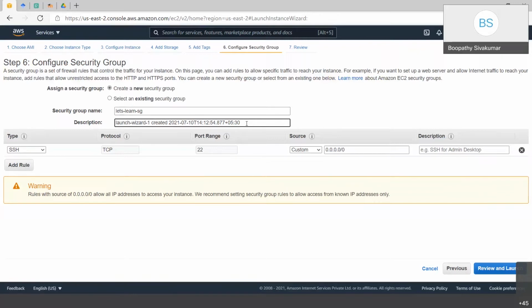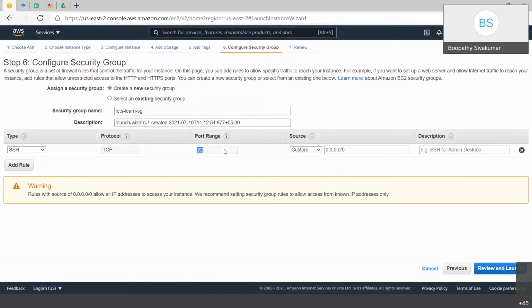When it comes to Windows, RDP is the type of rule that allows you to connect via RDP. This has a predefined type, and you can also add a custom type. SSH is a predefined type using protocol TCP, and the port range is 22. By default SSH will listen on port 22. That's why we are giving port 22.